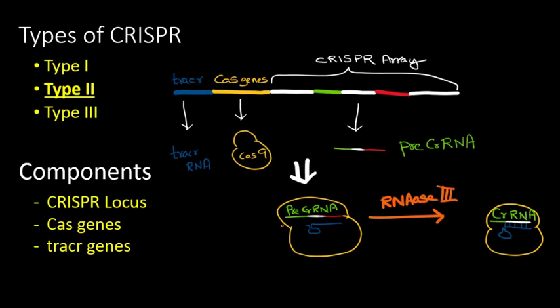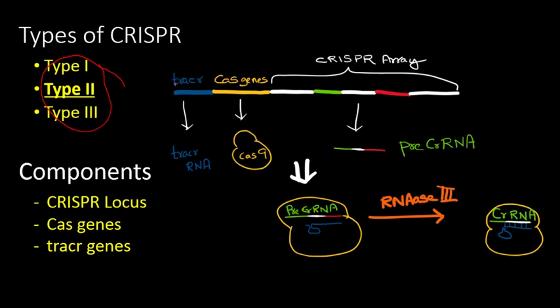So now coming to CRISPR, it was seen that there are 3 types of CRISPRs operating in bacteria and archaea, and we are concerned only with type 2 because that is what is most commonly used in genome editing or gene editing tools. We'll only talk about that hence. And coming to the type 2